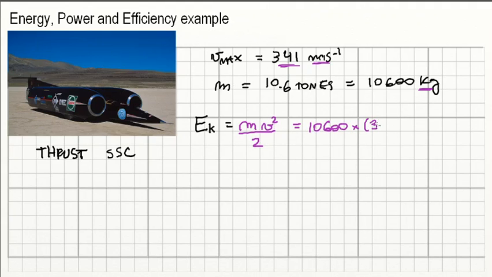So multiply by 341 and divide by 2. And this is squared. So if we work this out in the calculator, if I don't round the values, we would get something like